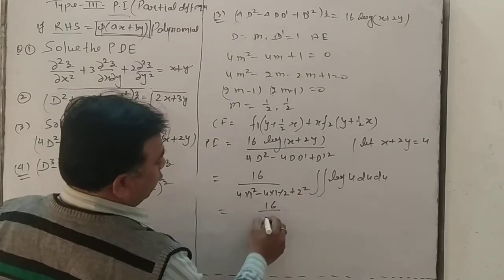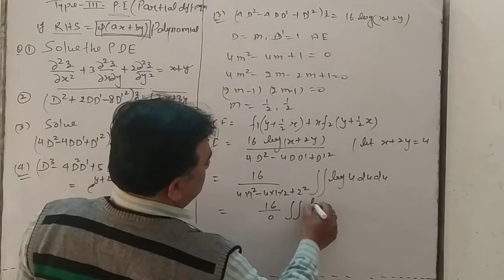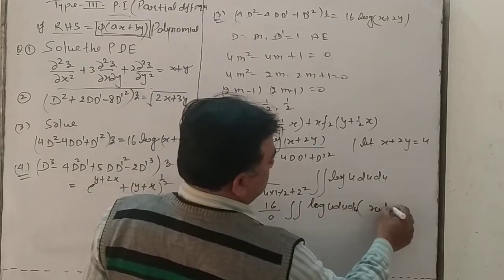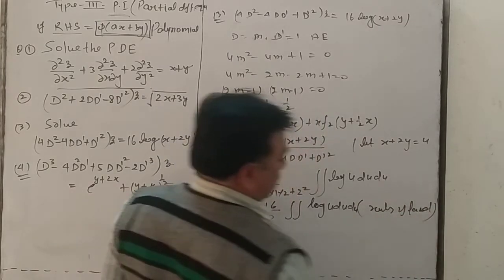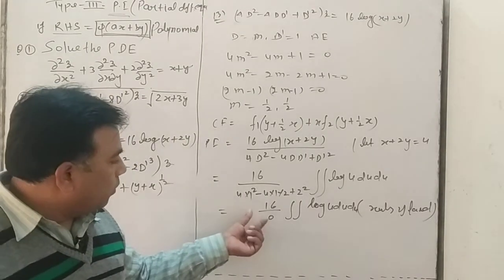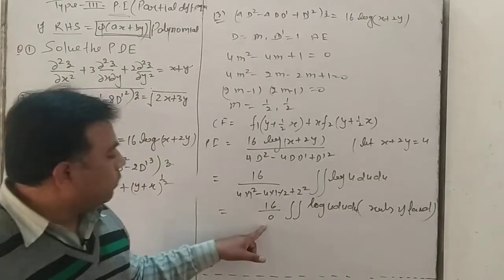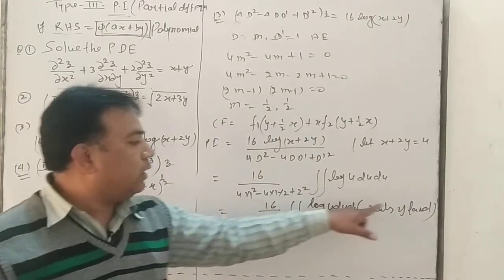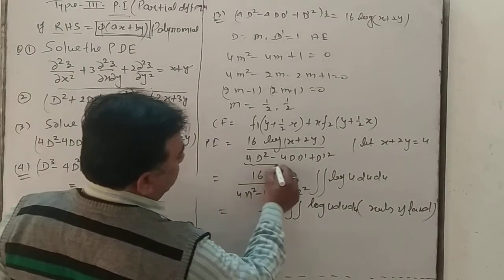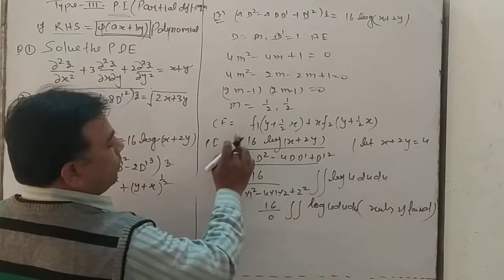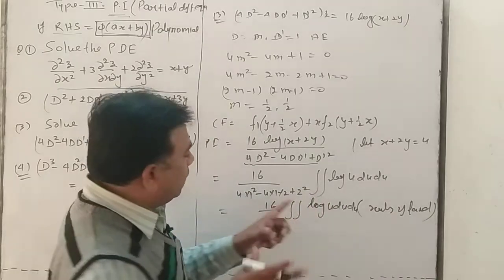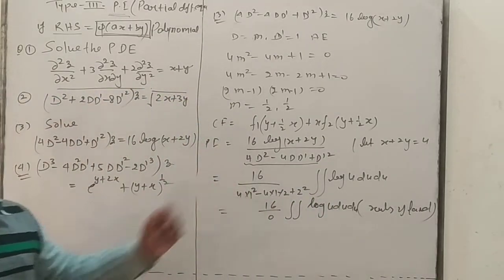4 minus 8 plus 4 is 0, so the double integration of log u du du has a zero denominator. So the rule has failed. The denominator should not equal 0. Here you see that the denominator is 0, so the rule has failed. After that, you differentiate this function with respect to D and multiply the numerator by x and eliminate one integration sign.